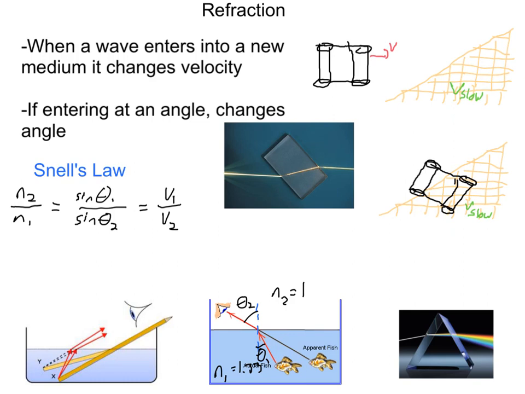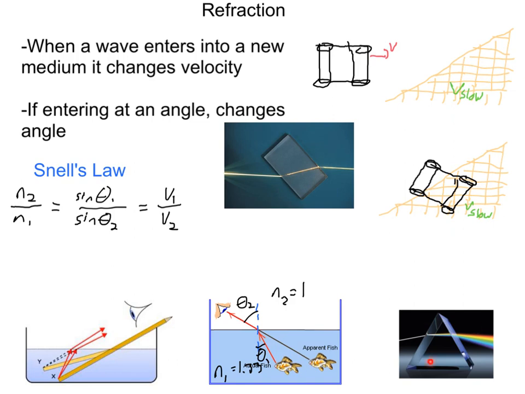Likewise with fish, your eye thinks the fish is down here, but in reality, the fish is closer to you. If light enters into a block of glass, it bends, and as it comes out, it'll bend back, almost like it's broken in there. Whenever a wave, whether it's light, sound, or anything else, enters into a new medium at an angle, it's going to bend because of the